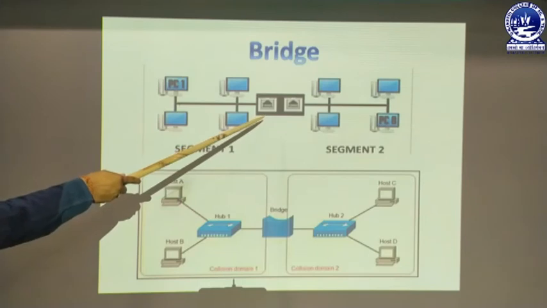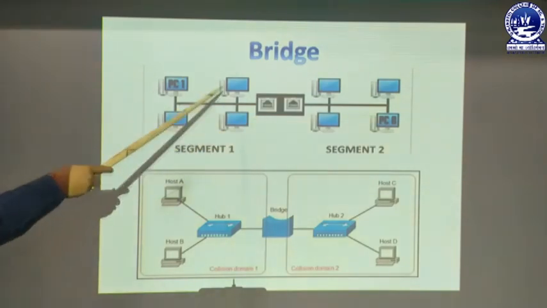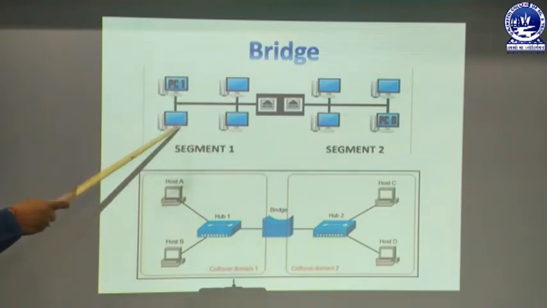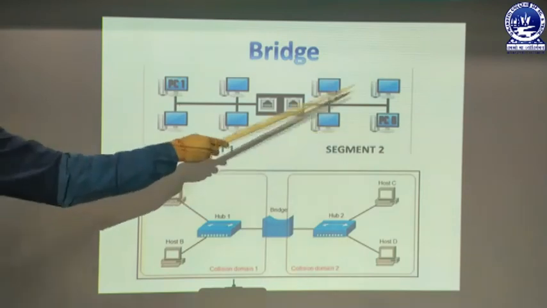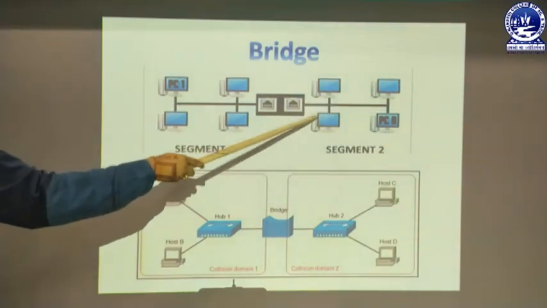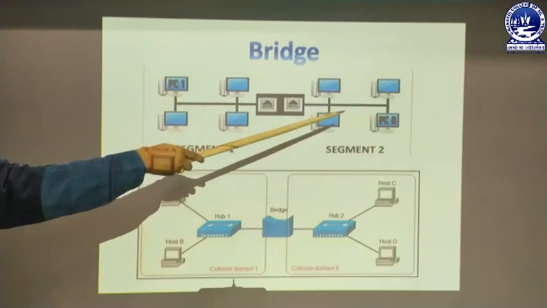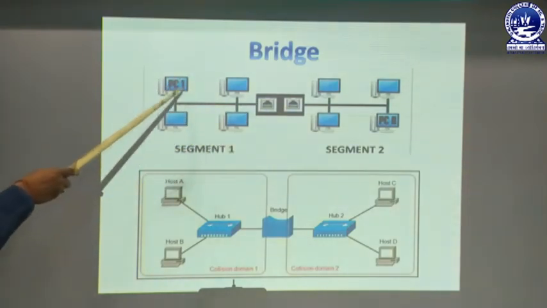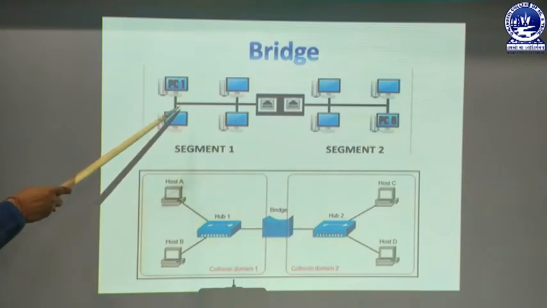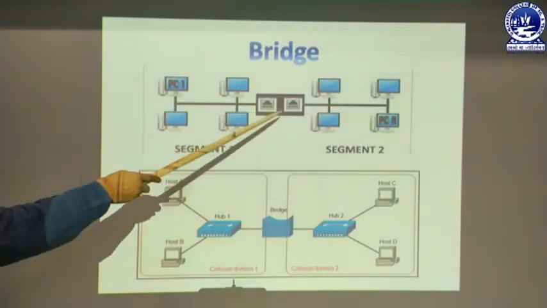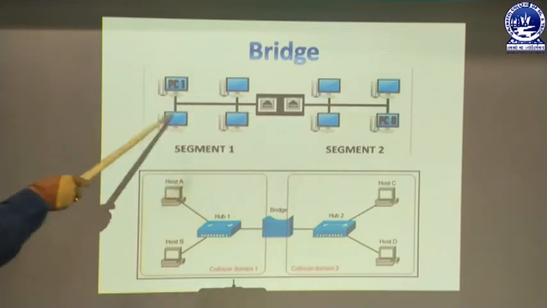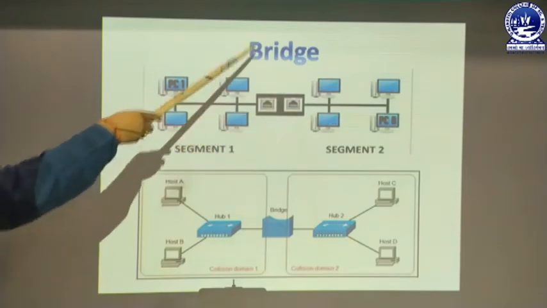So you can see another image over here. This is segment 1. That means here I have 4 systems. Those are connected to each other through a device, let's say a hub. So we can have another segment 2 over here, in which there are 4 systems and they are connected through a hub, let's say. And here there is a bridge which is connecting both. This is the structure of a bus topology. Let's say this bus is connected to one port of the bridge and the segment 2 bus is connected to another port of the bridge. Then both the segments are connected with each other through the help of a bridge.